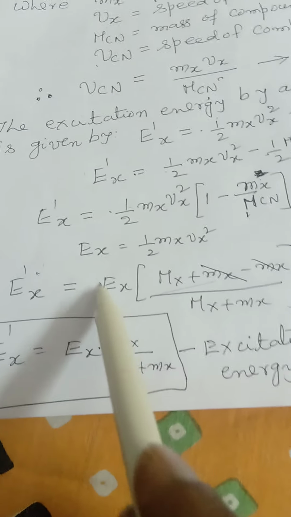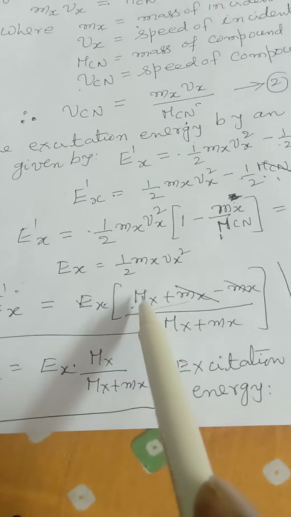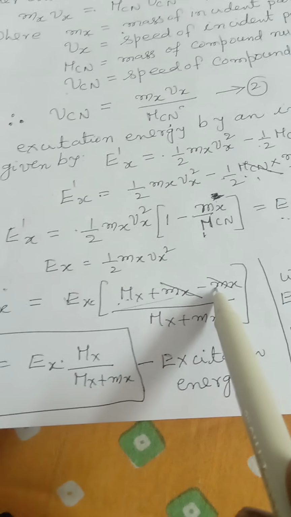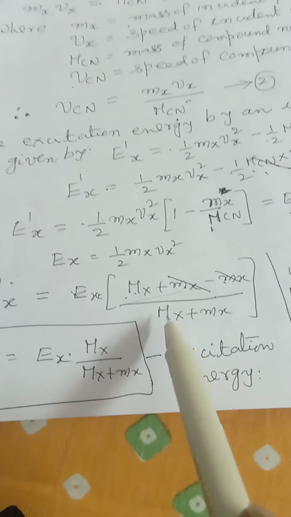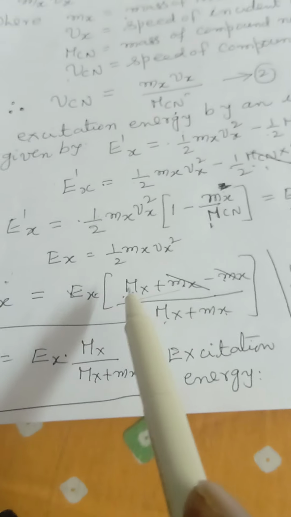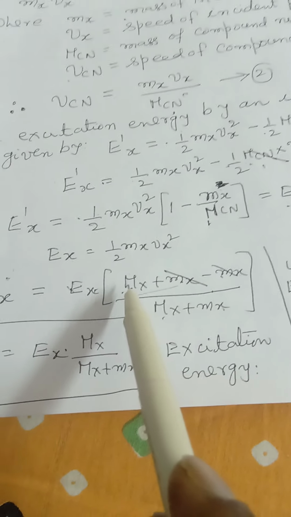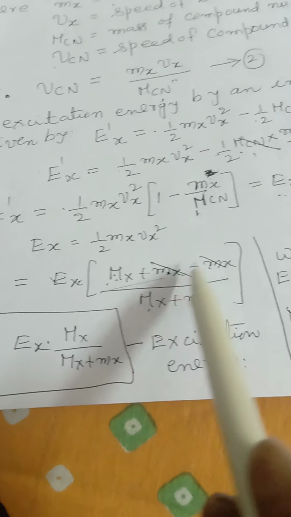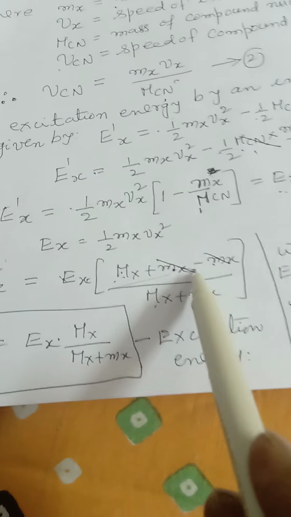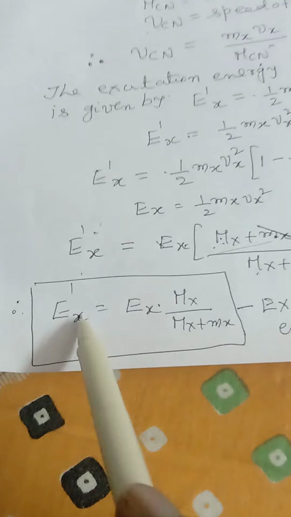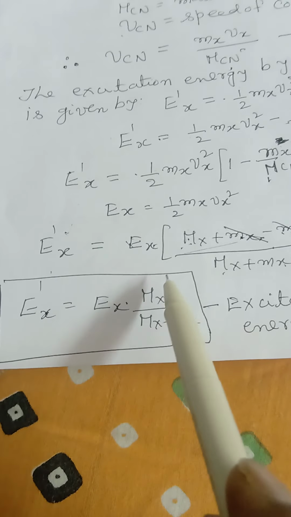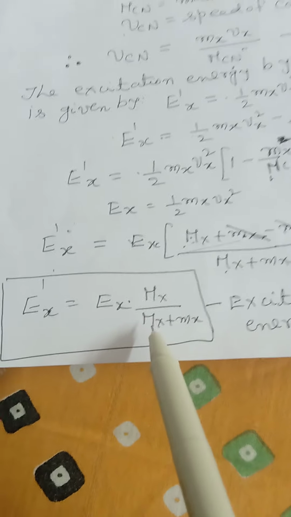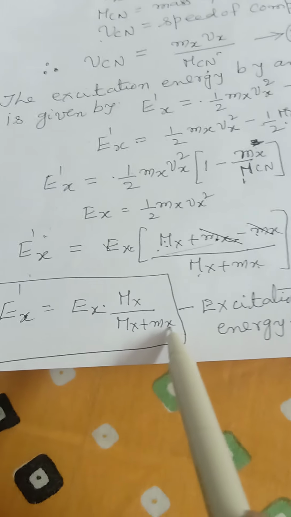Now E dash x is equal to Ex into (Mx plus mx minus mx) divided by (Mx plus mx), where Mcn is equal to the mass of the target nucleus plus the mass of the incident particle. Then small mx is cancelled. Therefore, E dash x is equal to Ex into capital Mx divided by capital Mx plus small mx,